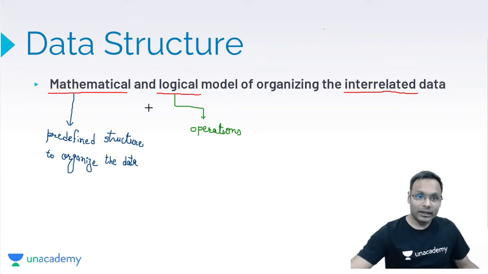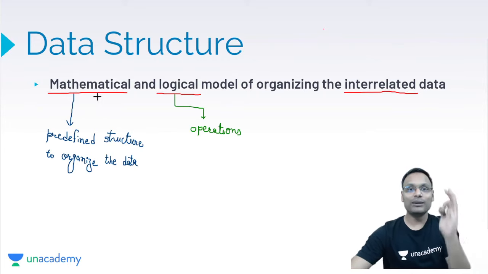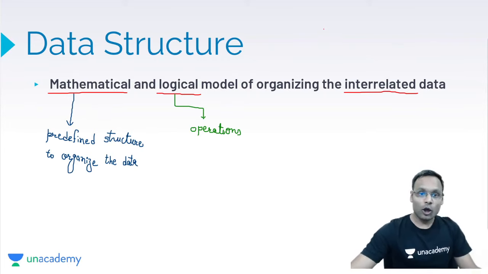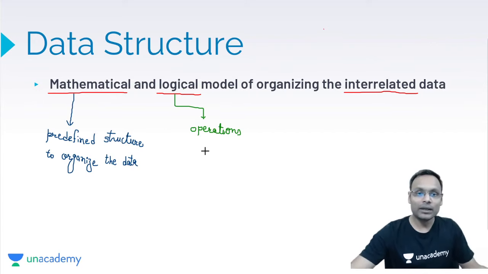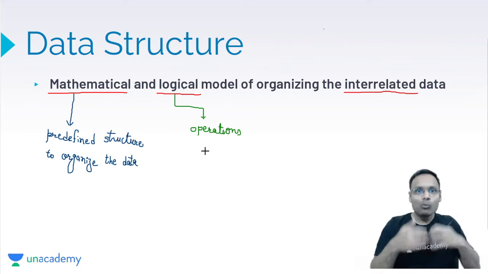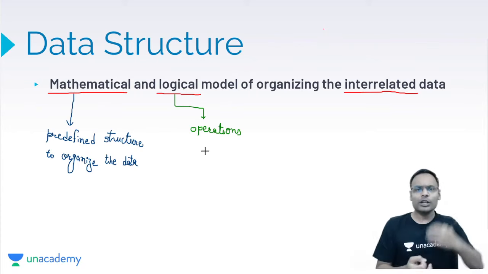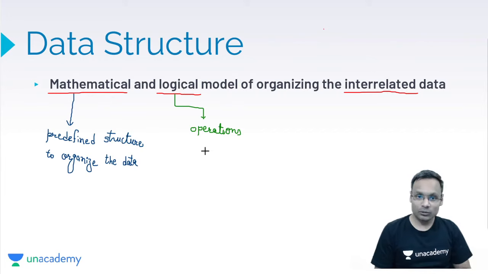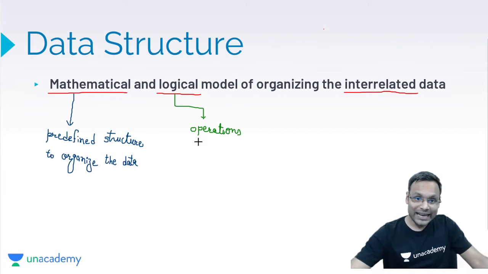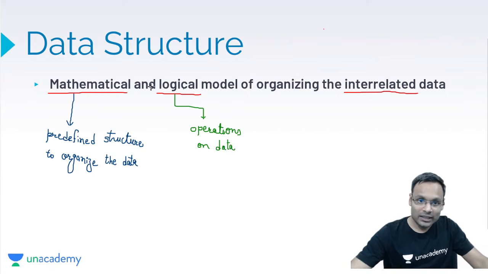Right? So the name is mathematical just because it is predefined and we cannot change it. Logical, why? Just because whichever operations we want, we can keep. Along with push and pop you can have more functions on the stack. Of course, if you feel your requirement needs more functions, you can take them. So operations on data will be included along with the organization. That is why it is a logical model.